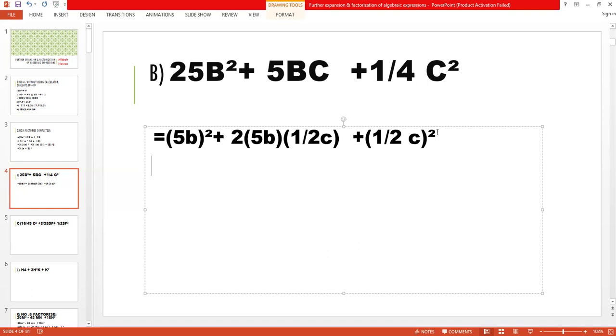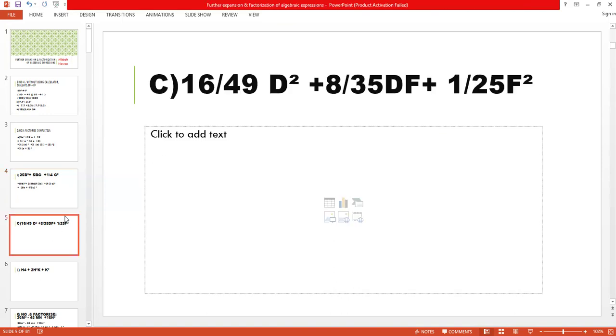अब सिंपल आपने लिख लेना है फर्स्ट टर्म प्लस सेकंड टर्म. ठीक है, तो फर्स्ट टर्म आपके पास है 5b और प्लस का साइन लगाएंगे. और सेकंड टर्म आपके पास 1/2c. और इन सब का आपने होल स्क्वायर कर लेना है. That is your first identity. ये एक्सपेंशन फॉर्म गिवन है और आपने इसको फैक्टराइज करना है. और how you have to factorize, the same identity you have to use.